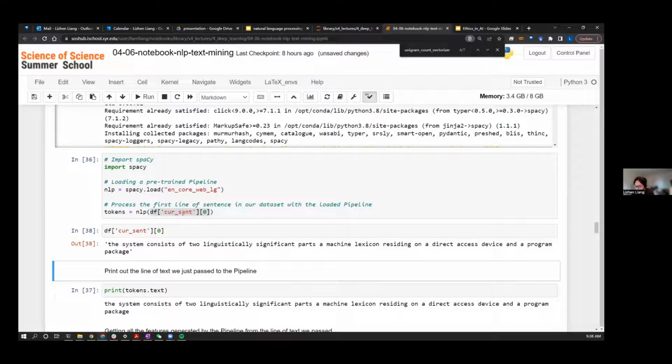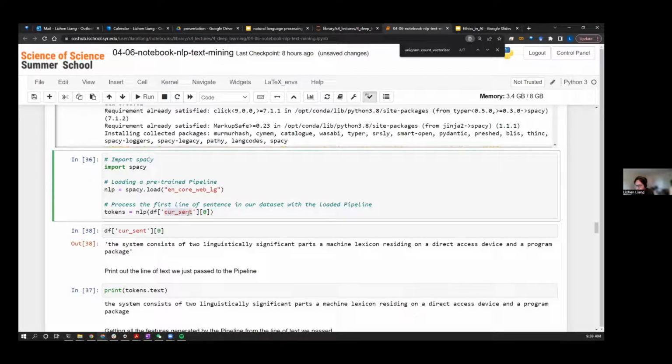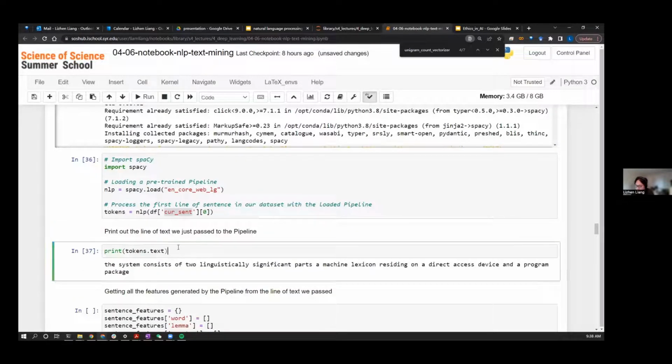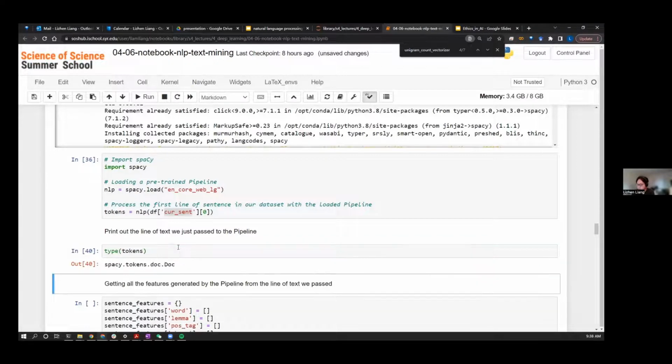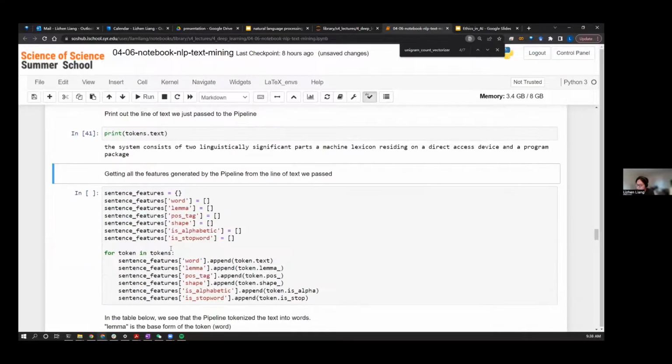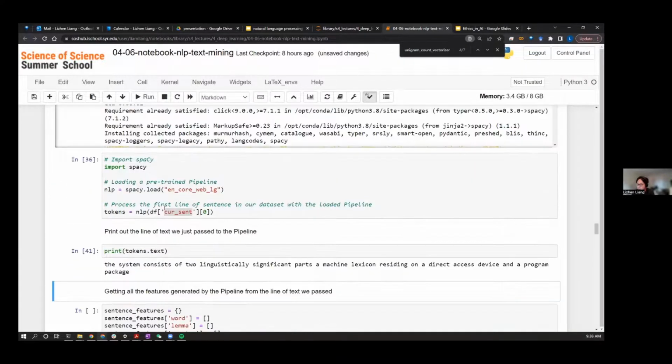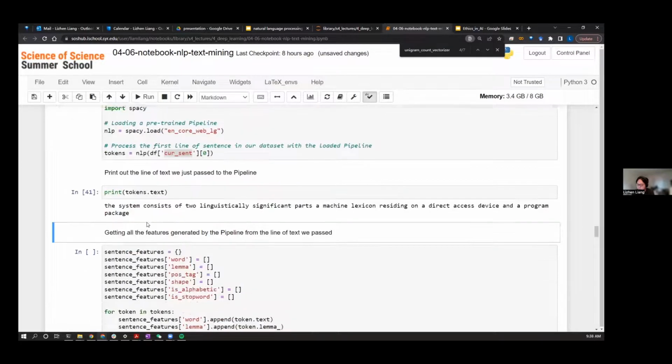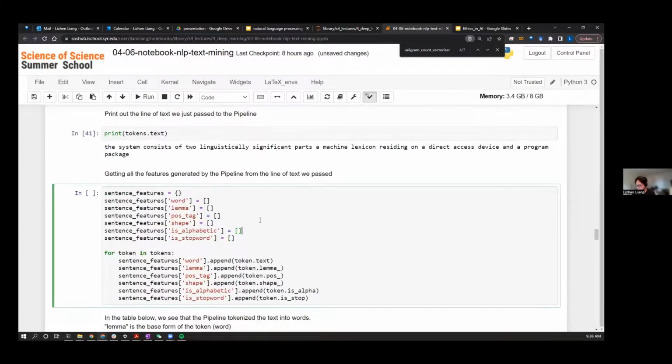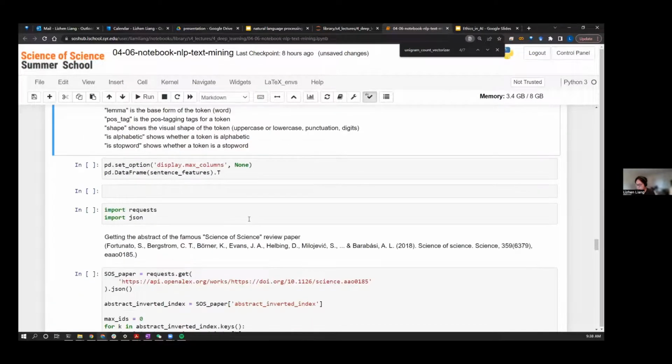What I pass in is just the first sentence in the training data set that I just mentioned, which is a string. But after processing, it is a spaCy document instance. After we pass the string to the pipeline, it actually goes through a lot of processes that the program does for us.